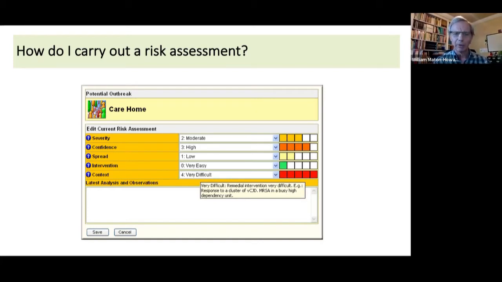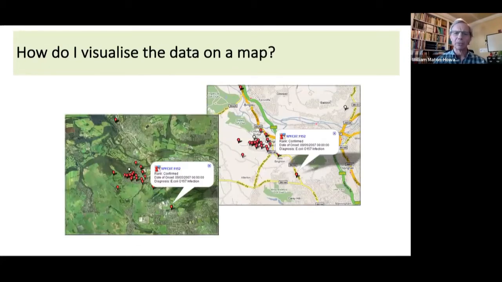This shows how the risk assessment process was entered within the system, and then how the system also provided immediately the type of mapping. If you recall the map that John Snow produced in 1854, the system here was able to provide exactly that type of overview mapping, case by case, plotted on local area maps, and provide that type of detailed information at a glance to allow major clinical decisions to be made.